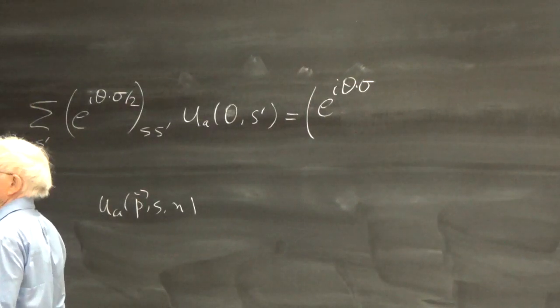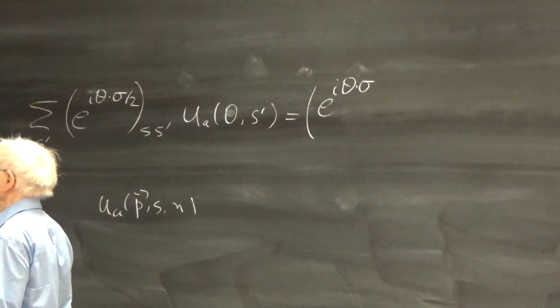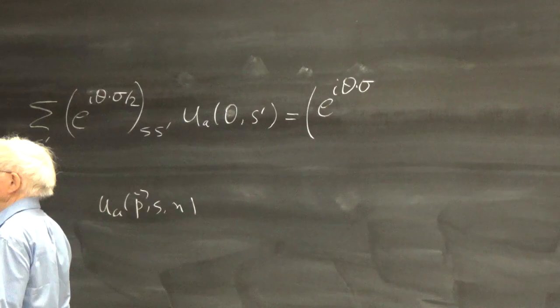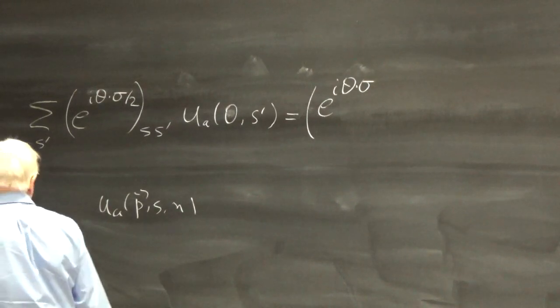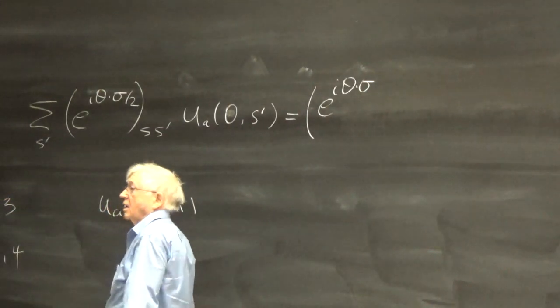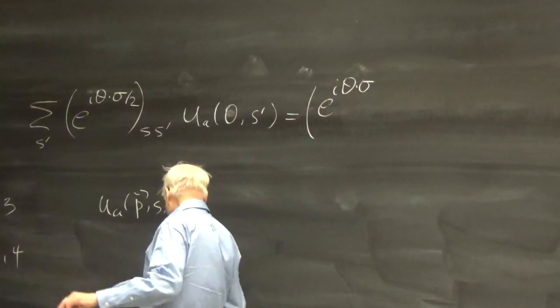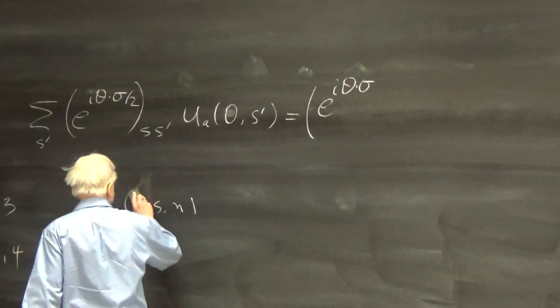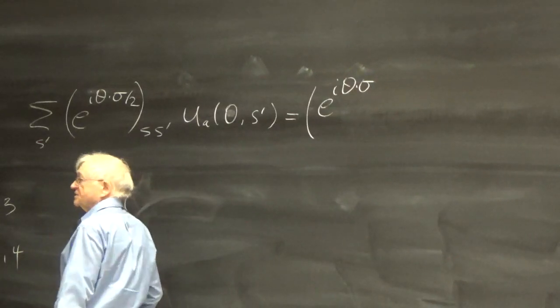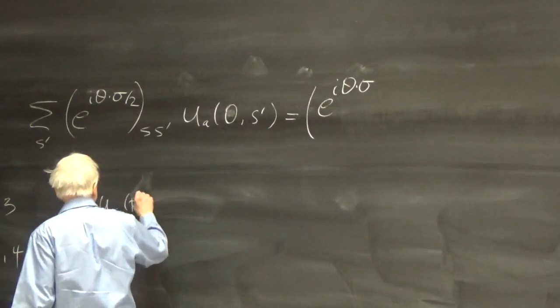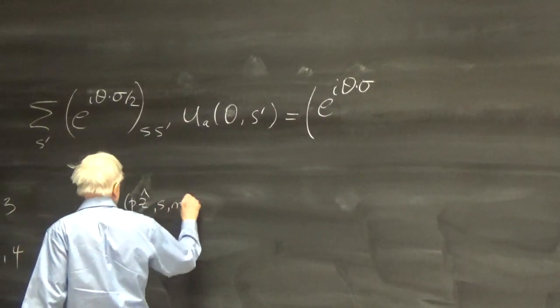Just remarkable how complicated this gets so very, very quickly. So let's look at ones that are going in the z direction, just to make things simple. So this is p z-hat, s, n,